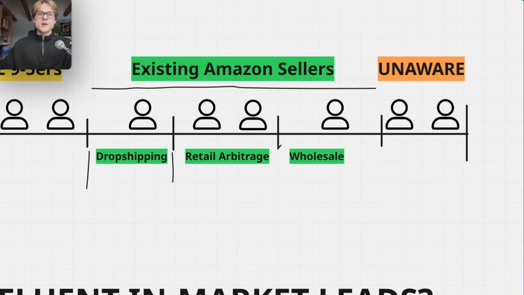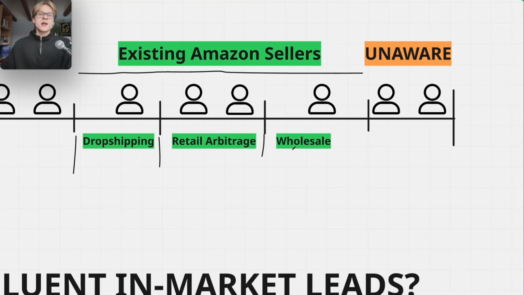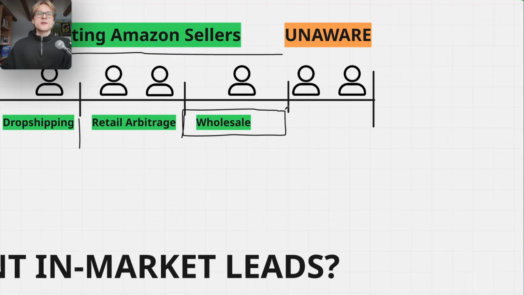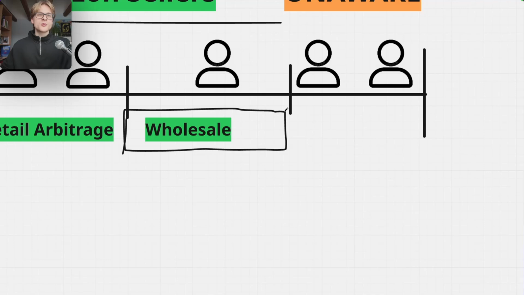It could be retail arbitrage people. I could say, so you're still driving all over town to Walmart and flipping products online on Amazon. Well, look, there's a way more profitable way to do it: wholesale, right? And then people who are already doing wholesale and looking to scale. So you're already making a few grand with your wholesale business, but you're working more than 50 hours a week for it. Your business became your second spouse and you're looking for a way to make more profit without spending more hours on it. And the answer to this is delegation and so on, right?